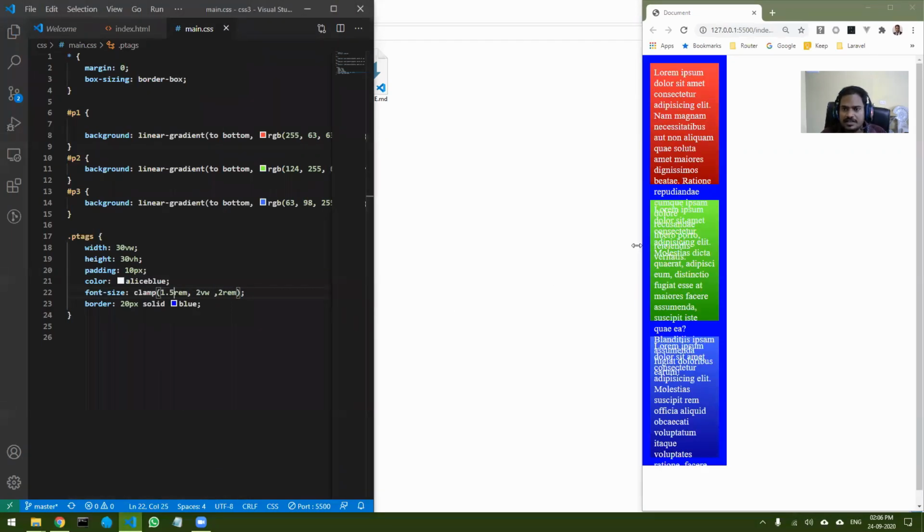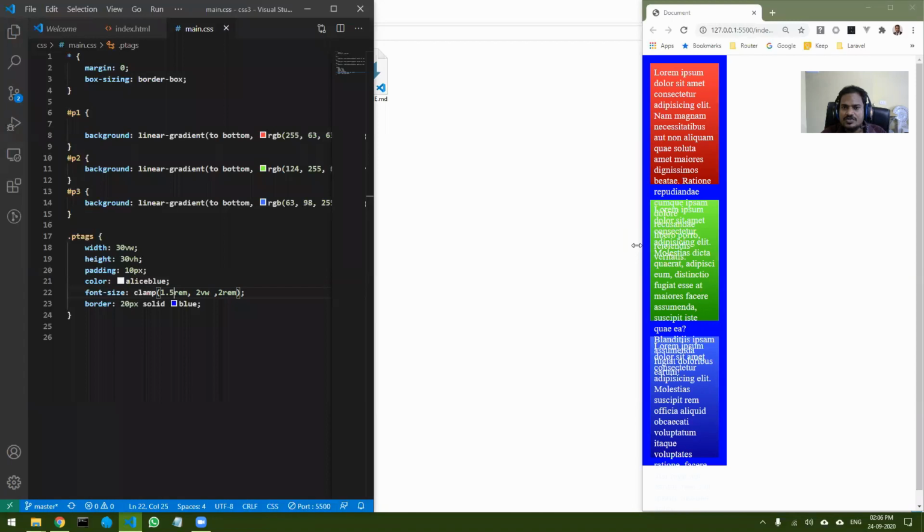Okay. So this is the maximum font. I will come till here. So now at this point, you can see the clamping is starting. So here now it becomes fluid. It is becoming small. And after this part, you can see now the font is not decreasing.